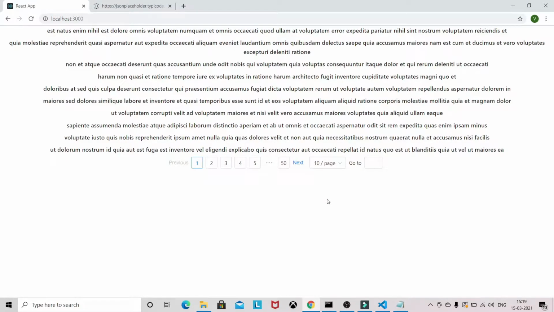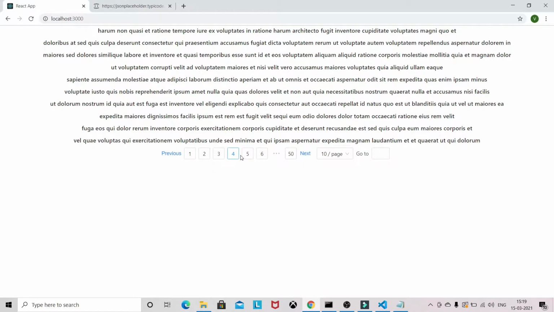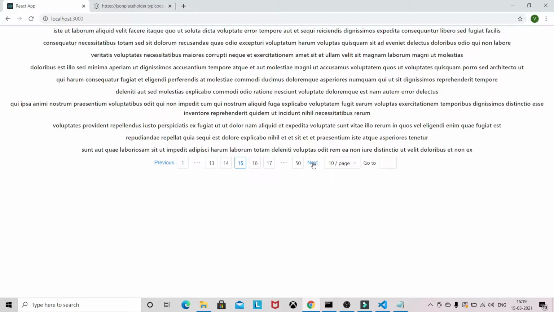In this video, we are going to implement an advanced pagination. So you can see the pagination we are going to build. You can move along with the page numbers 3, 4, 5. Upon clicking a page number, it changes the data, and you can click on the three dots as well to move forward, and you can also use the next button to move forward.